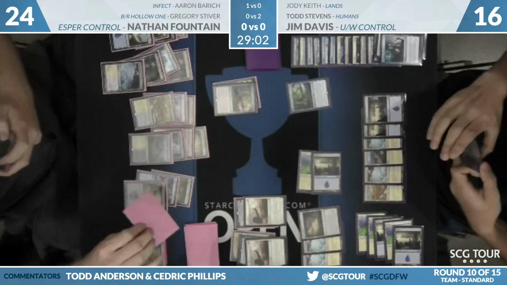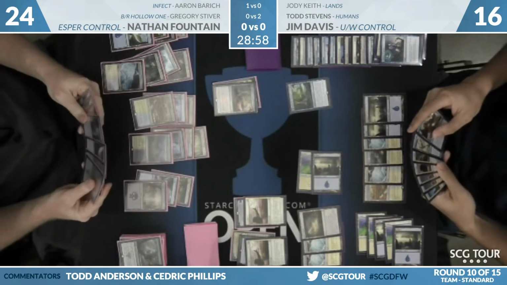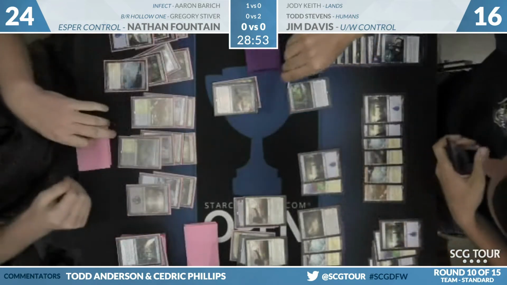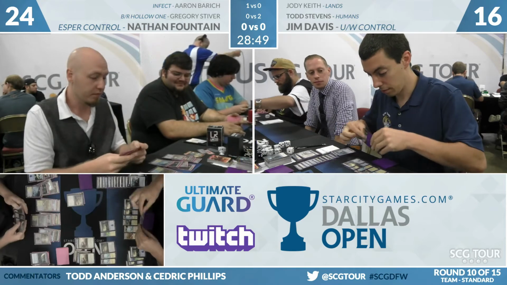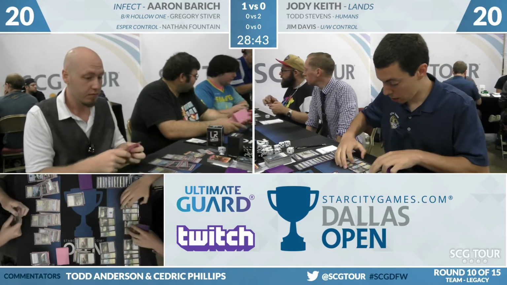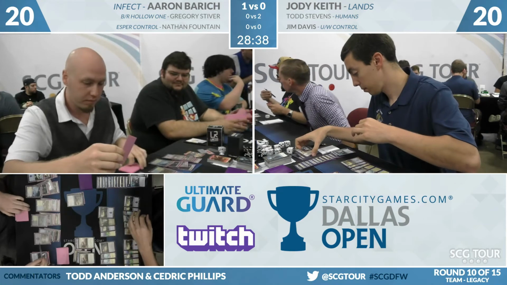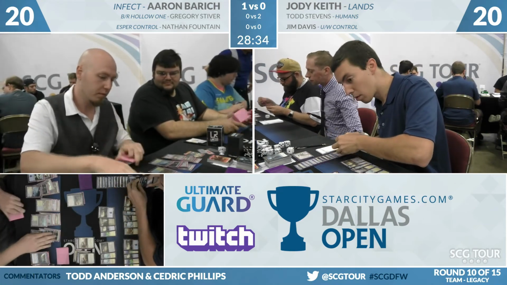And we're going to head back over to Nathan Fountain. And as we work on the technical difficulties of this particular matchup, we are actually going to jump over to our Legacy matchup, because we want to work on getting that camera fixed for you viewers at home as best we can, to provide the best viewing experience. So for now, we'll turn our attention to the Goon Squad against your current Invitational champion, Aaron Barich,